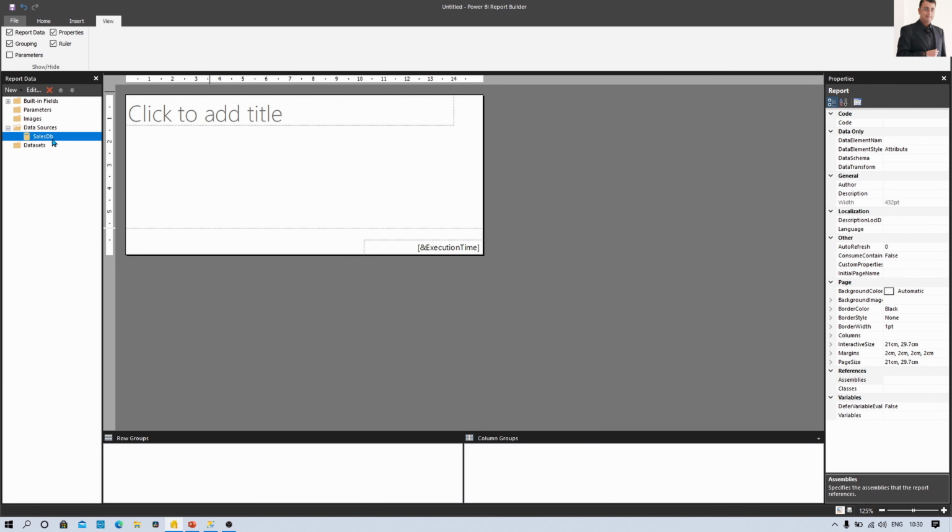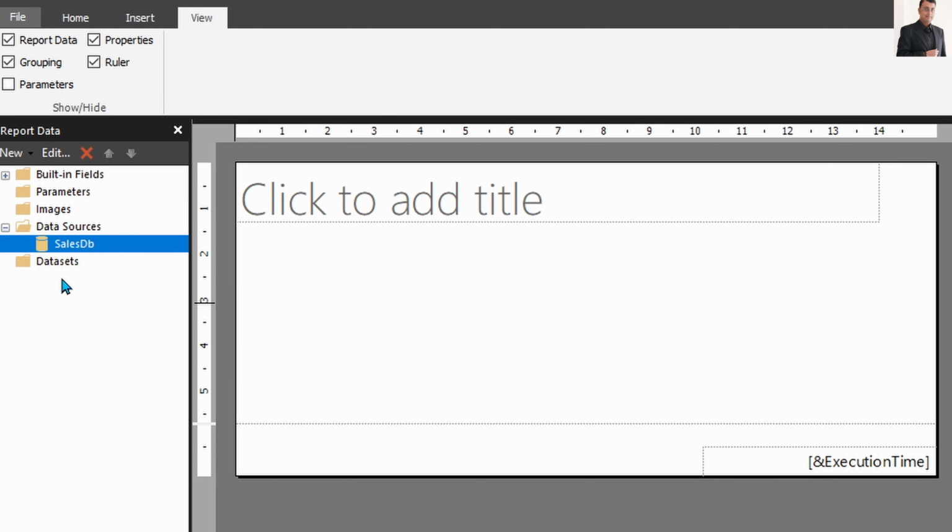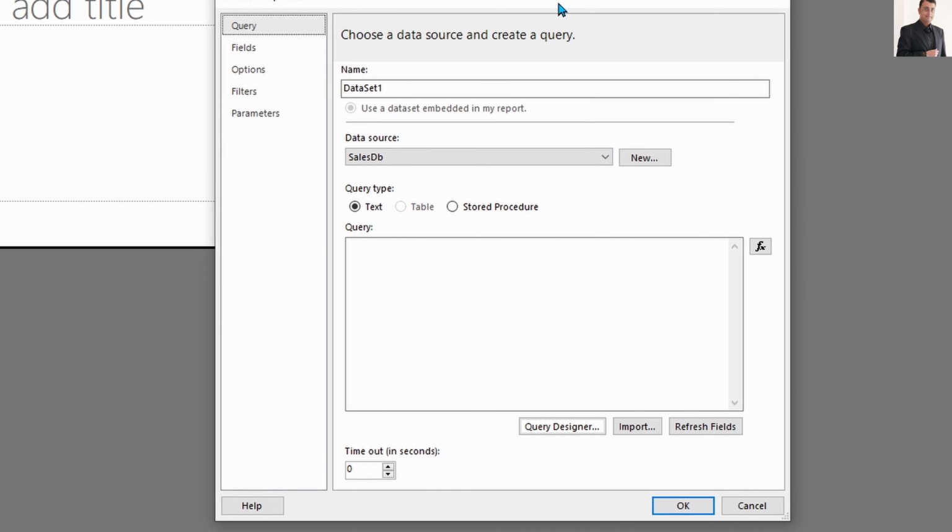Once you connect the data source to the paginated report, it's time to get the dataset from our database. In order to add a dataset, right click on the data source that you have just added. I have added the SalesDB data source over here. Let's right click on that and click on add dataset. This has opened the dataset properties dialog. Now let's provide the dataset name. I am providing my dataset name as salesDB.